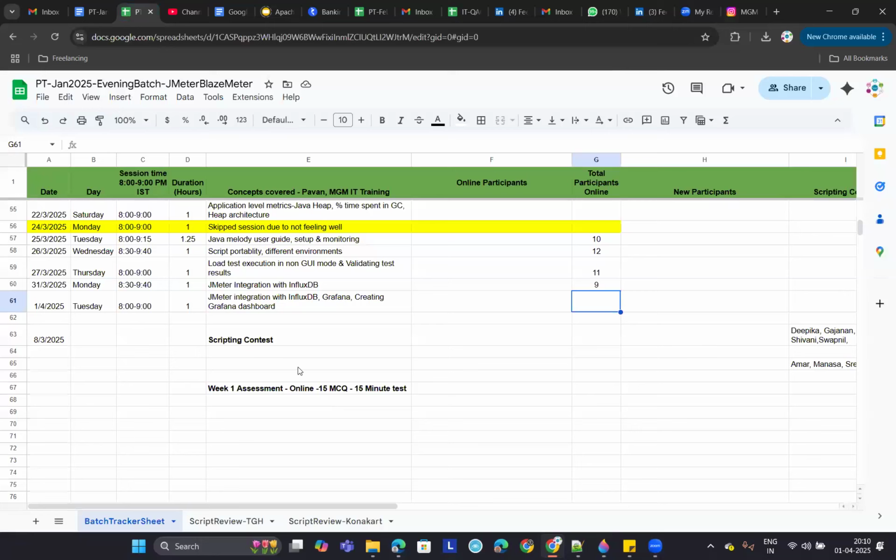Okay, so where did we stop yesterday? Yesterday we have seen JMeter integration with InfluxDB, right? So can someone explain the process? How to integrate, and first of all, what is the purpose of doing that JMeter integration with InfluxDB? Mansa,